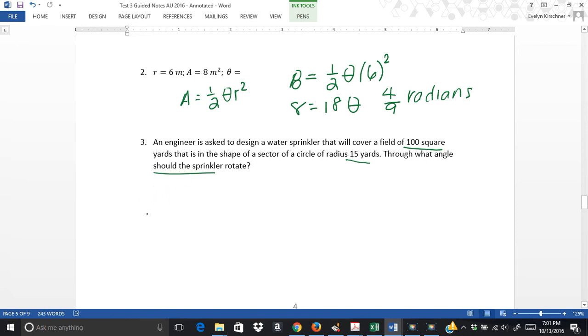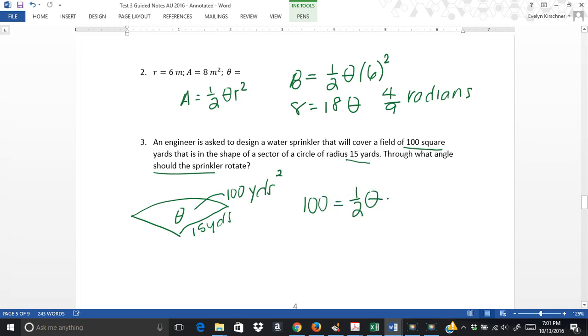So I can make a picture. I have some kind of field. It looks like this. This is 15 yards. The whole area in there is 100 yards squared, and I don't know what theta is. I'm looking for that. Well, I have 100 is 1/2 times theta times my r squared, which gives me